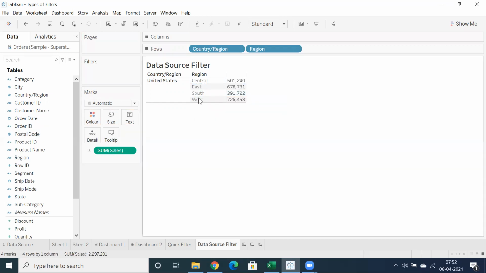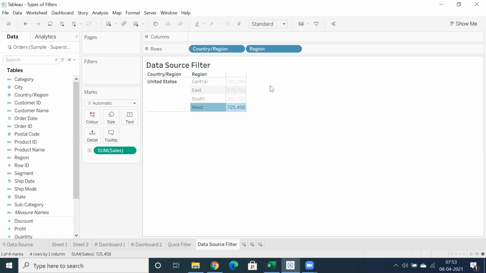Or let's take an example: there are a few stores for that particular project, for a business. The stores are only present in Central and South related regions. They haven't even started in East and West. Or let's say we have started, but I don't want to consider East and West data. What I mean to say is this complete project is only related to Central and South. I don't want to load East and West data. Yes, I have data in the database, but I don't want to load East and West data into Tableau because